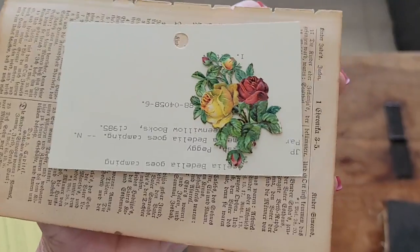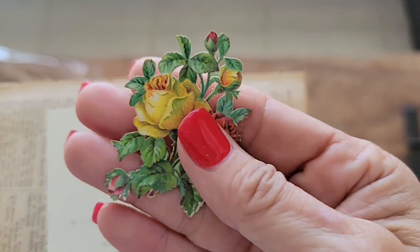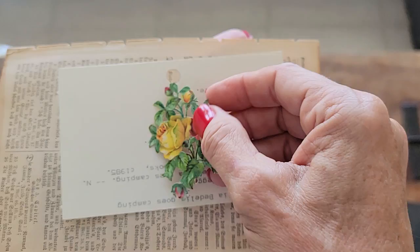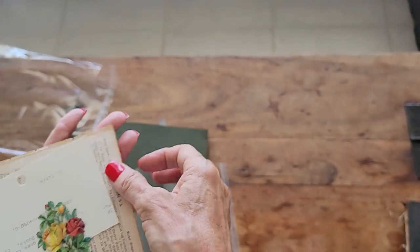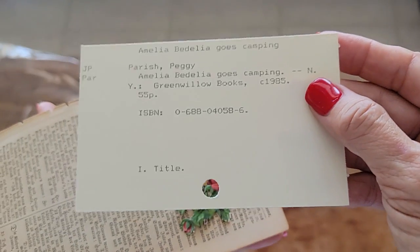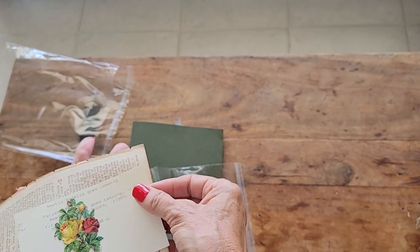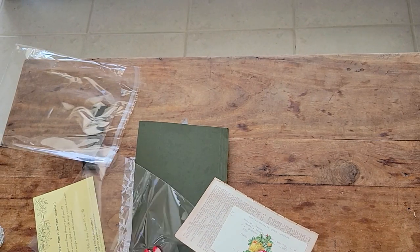Okay, there. And just gorgeous, beautiful pieces. Punched out, all different. Some might be flowers, some might be butterflies, some might be people, some might be advertisements, all a little bit different, but they're all Victorian scraps from those days. And then you're also going to get a library card, which is a catalog card, included with that as well. So a vintage library catalog card. So there's a 3-piece bonus that will come with this collection of 40 plus pieces of fabric to play with